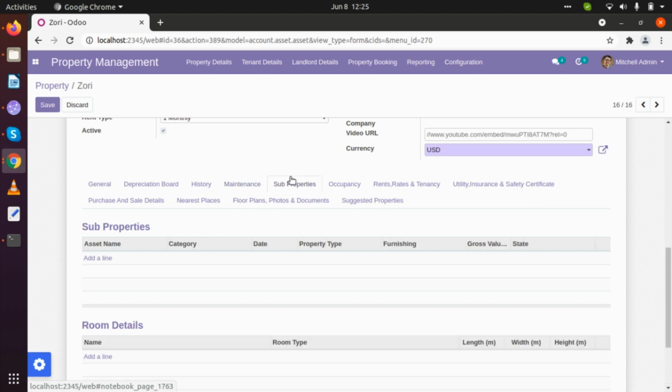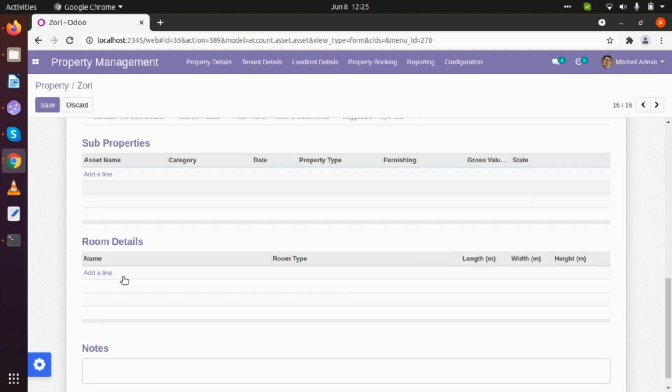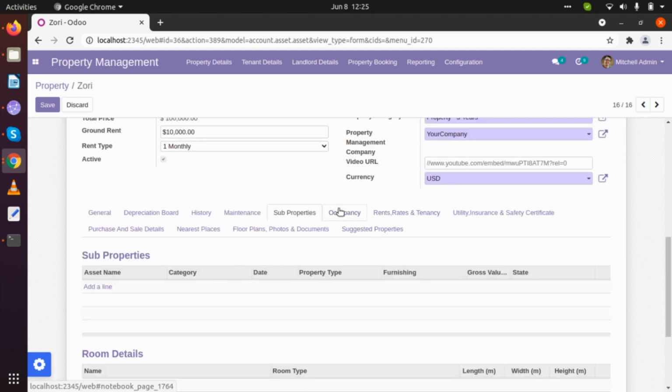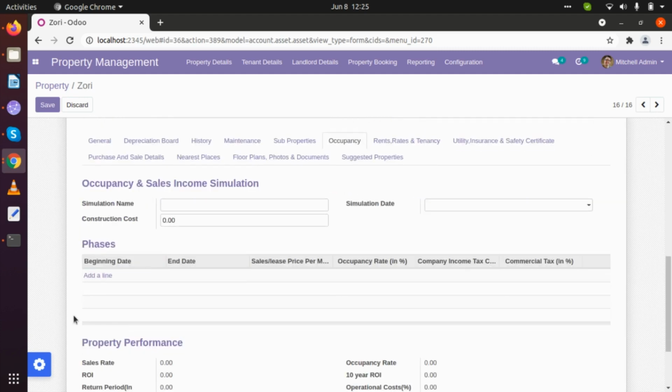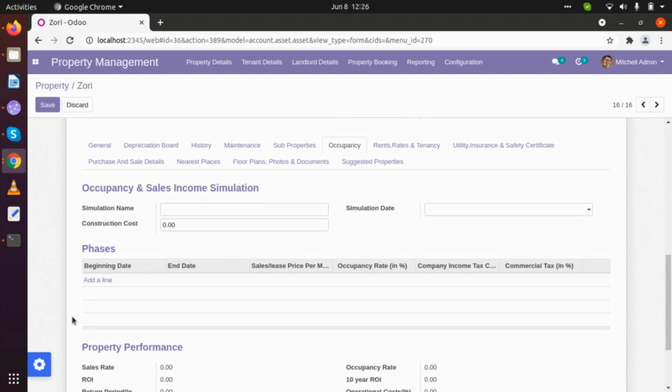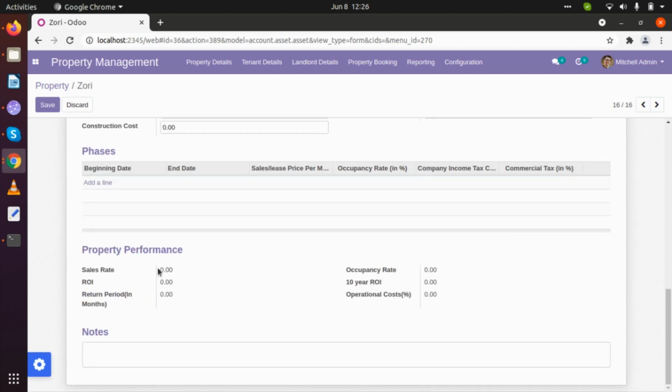If there are a number of properties available within the single property, we can also create those. If there are a number of rooms available, we can add those here also. In occupancy, if there is any occupancy currently available, it will be shown here. It will also show the property performance report based on sales rate, return on investment, return period in months. Then it will also show occupancy rate based on 10 years.